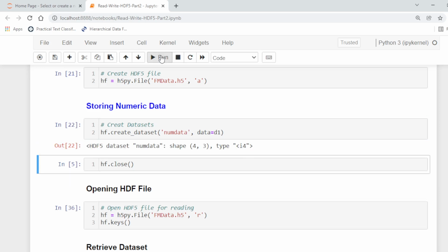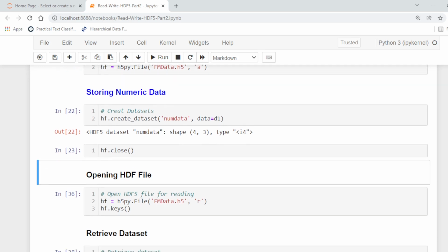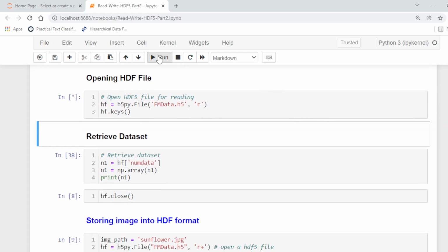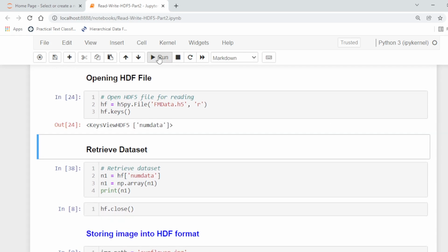Now the data is created. To close the file, now to open the file for reading the above data sets, we can run this. It will open the data in read only mode. The key is num data.